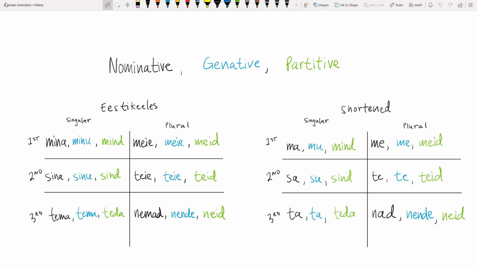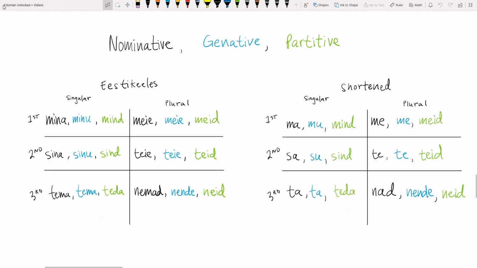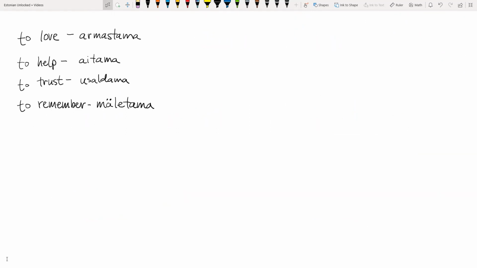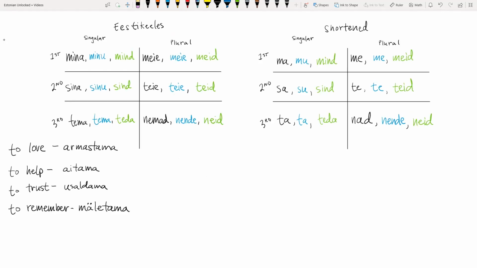One of your main takeaways from this video should be these lists. You need to have these lists memorized in order to properly speak Estonian. Now we can use these words to make sentences in Estonian just like we did in English. So if we come down here, we have this list of verbs, and let's use these to make sentences with our pronouns. Now, if I want to say, going back to our example, I love her, we could say mina.